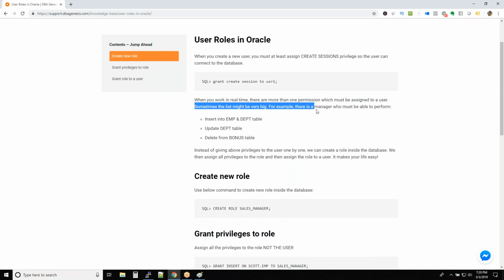Sometimes the list might be very big. For example, there is a manager who must be able to perform insert into the employee and department tables, update the department table, and delete from the bonus table. These are the permissions, right? These are the multiple permissions that you must assign to a new manager. Instead of giving the above privileges to the user one by one, because every time a new manager joins the database you will have to re-execute these commands,